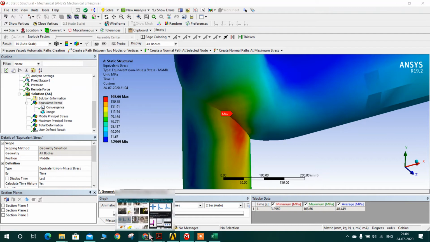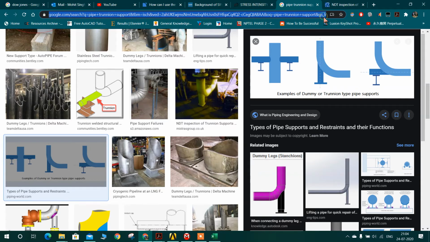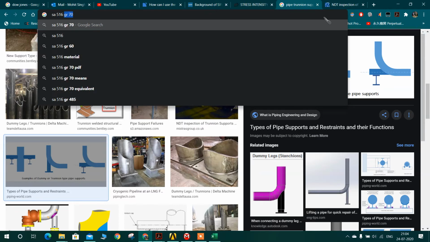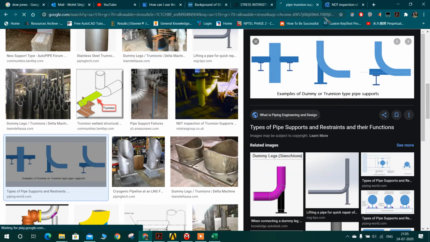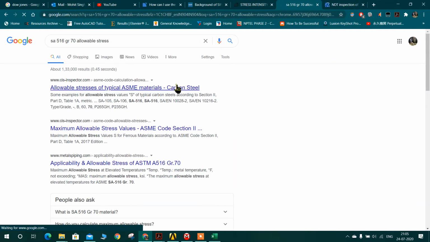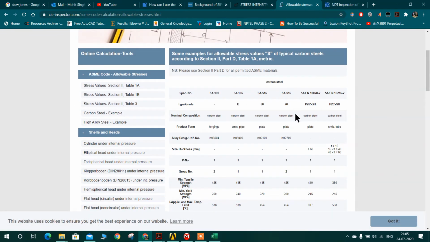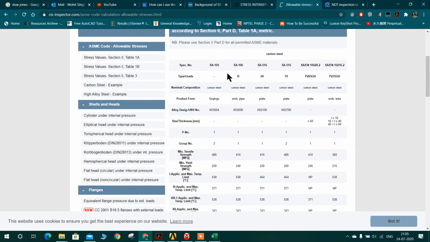So if I assume this is steel, SA516 let's say, let's check the allowable stress value. Let's assume it's grade 60, 70.